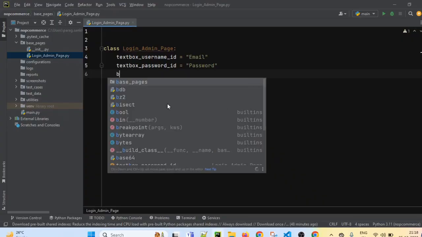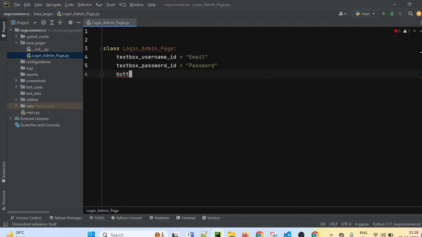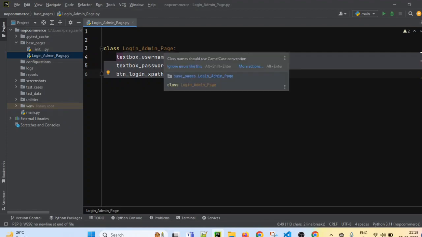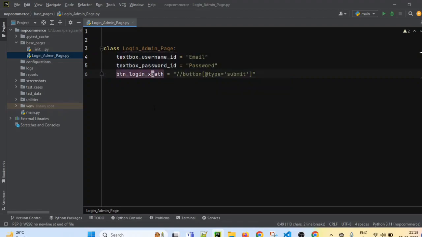So I will use button underscore login underscore XPath equals to, this is the value for the XPath. Now this is the locator value for the login button. So now we have written the locators. In our login admin base page, we have written all the locators which we required. After that, what we will do,